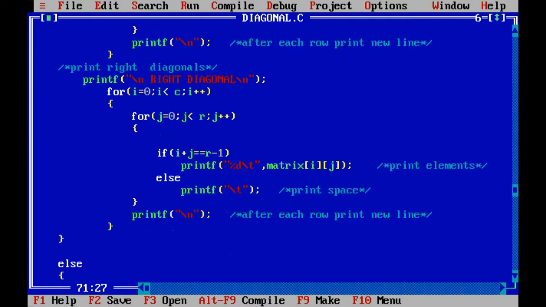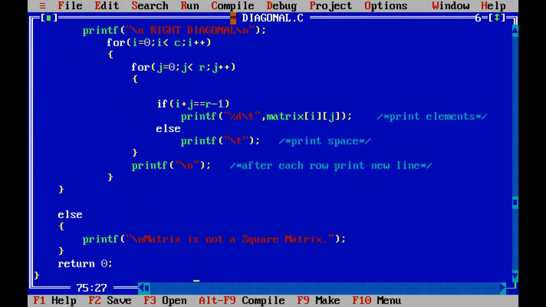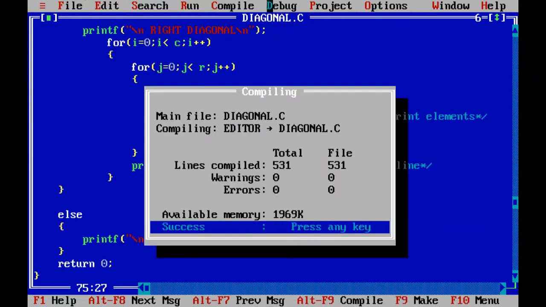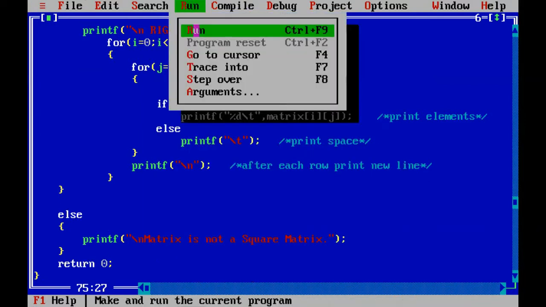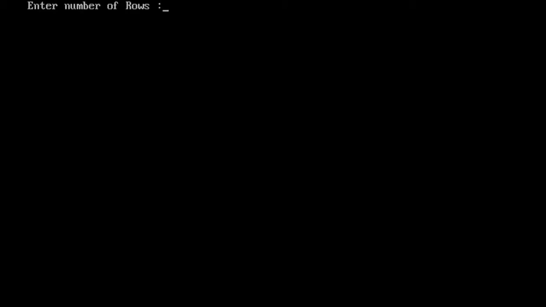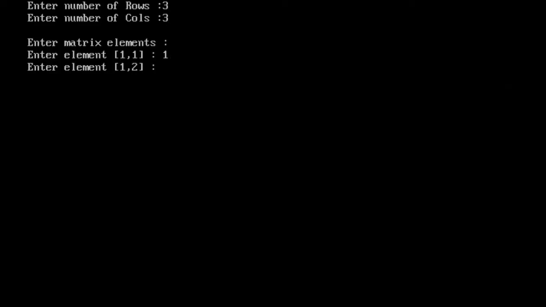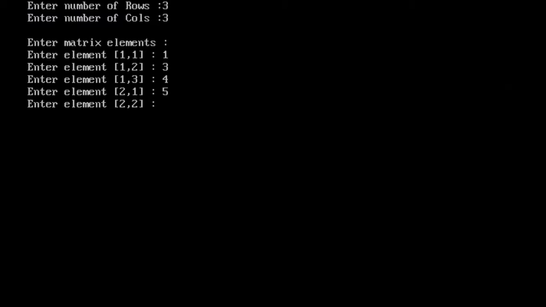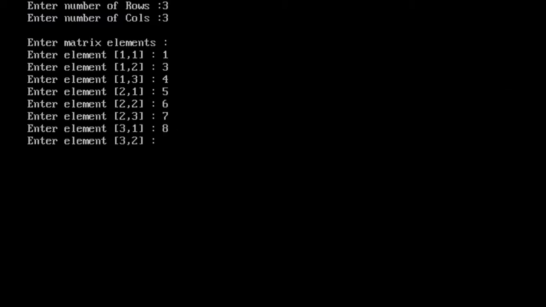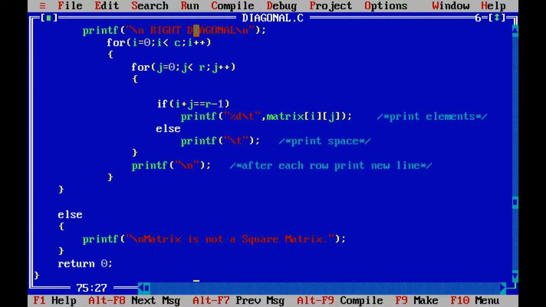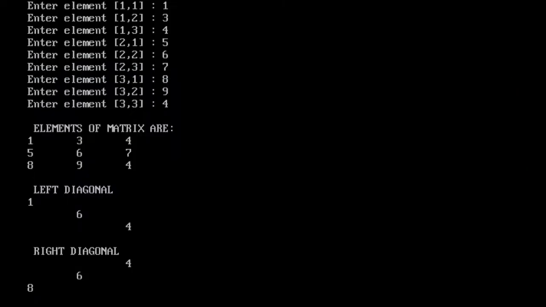So let's compile the program, then run. Enter the number of rows, let it be 3, and columns 3, then enter the values in the matrix. For the output, first it will display the elements of the matrix, then 164 is the left diagonal and 468 is the right diagonal.